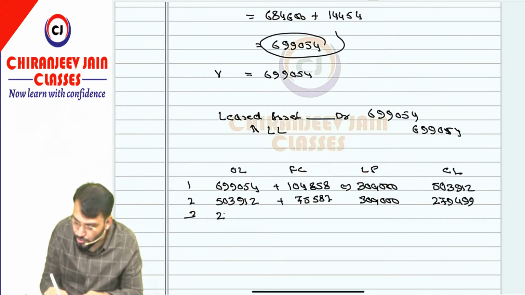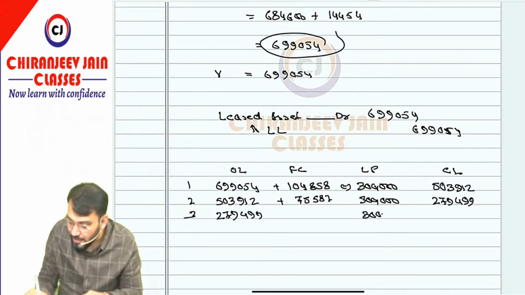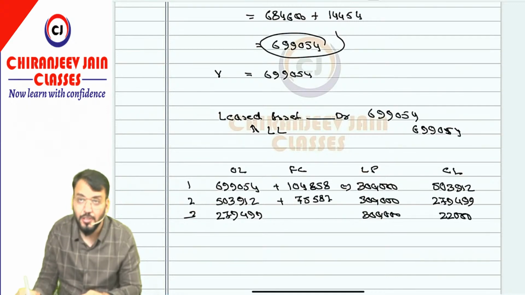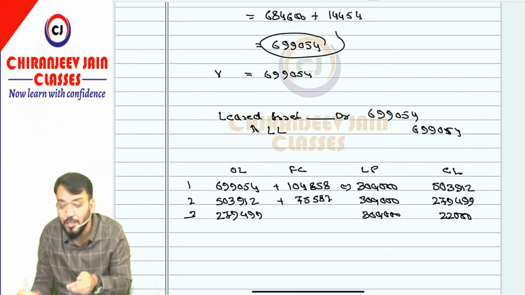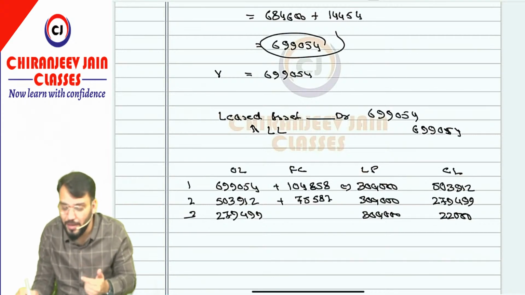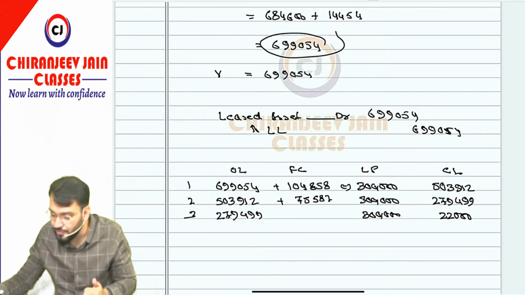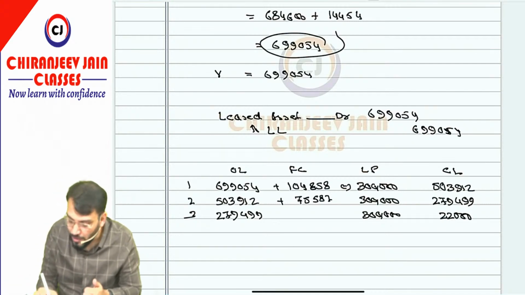The last year is 2,79,499, and again last year we'll take the balancing figure, so this will be 3 lakh. And what was the GRV? GRV you can add on closing balance, 22,000, because we don't know whether they are actually purchasing the asset by payment of 22,000 or not. So this will become a closing balance because we don't know the actual happening. So this will come as a balancing figure. So minus 3,22,000, it will come 42,000.